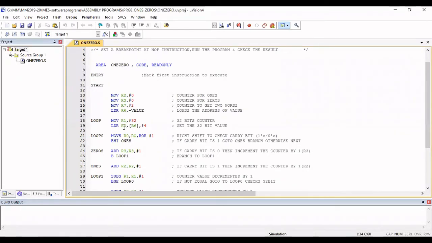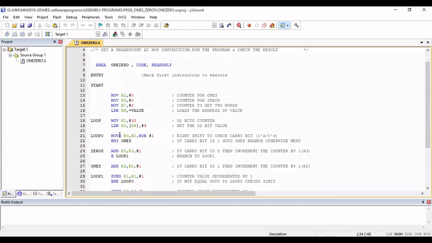You know the answer already. If you write the number 3 in 32-bit form, you will have 30 zeros and 2 ones in the LSB positions. So that is the count: number of ones 2 and number of zeros 30. That is the answer you should get. We know the answer already, but how that logic is going to be done: you are using the instruction MOVS.